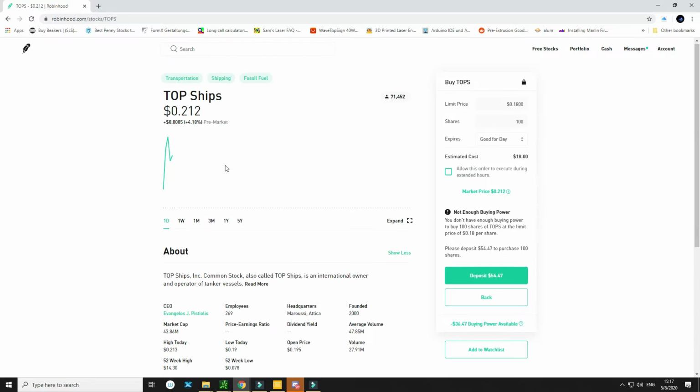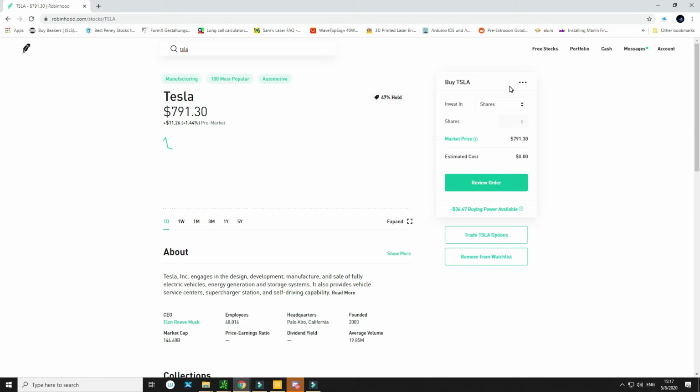Same thing. Let's look at Tesla for options. So Tesla, you can do the same thing. Buy shares here. Obviously, one share would cost $791. When you click on the options,